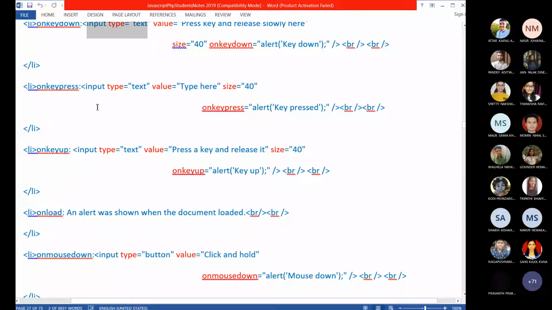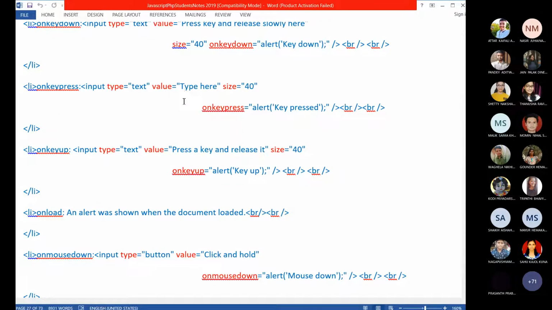But on key press means, when you click inside the text box and then start to type something, exactly then. In on key down you press and release the key.